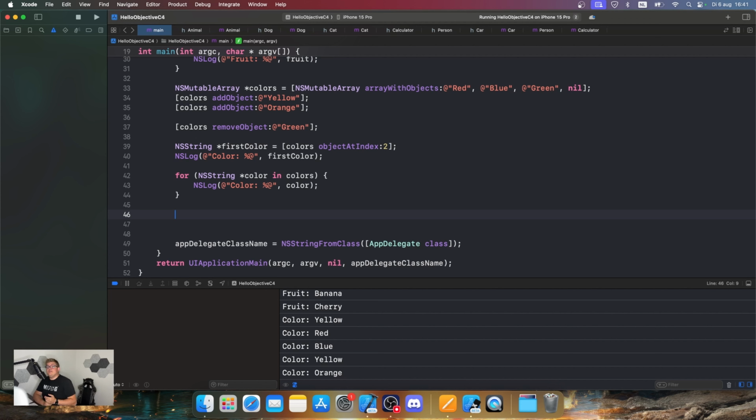And that's called a dictionary. So a dictionary, or an NSDictionary, is used to store key-value pairs. The keys are unique and immutable, and the values can be any object. So how this works is we can do NSDictionary,